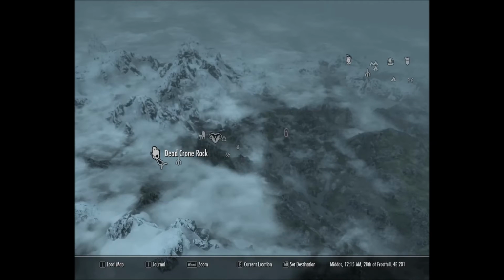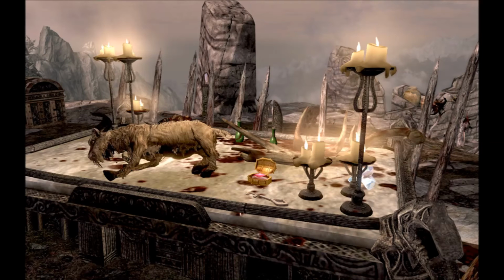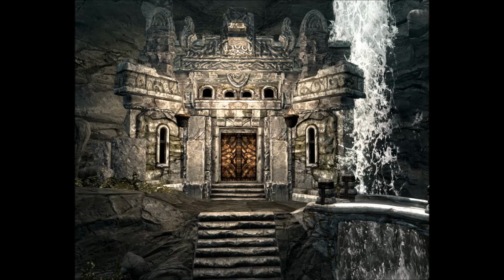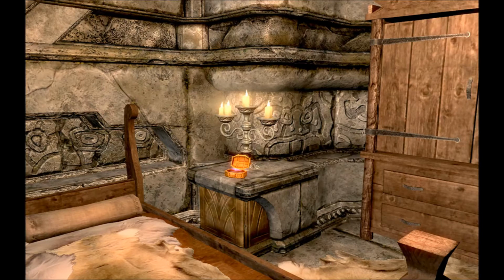Next we move on to the Reach, and there are only 3 stones found in this hold. The first one is at Dead Crone Rock, and it's on a makeshift altar in front of the word wall. It seems like a lot of these are found around word walls. The last 2 are both found in Markarth, and the first one is in the Treasury House, and it's simply sitting next to the bed in the